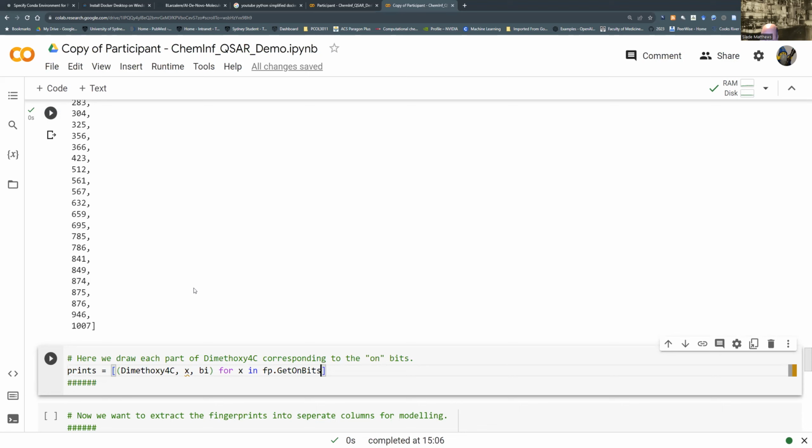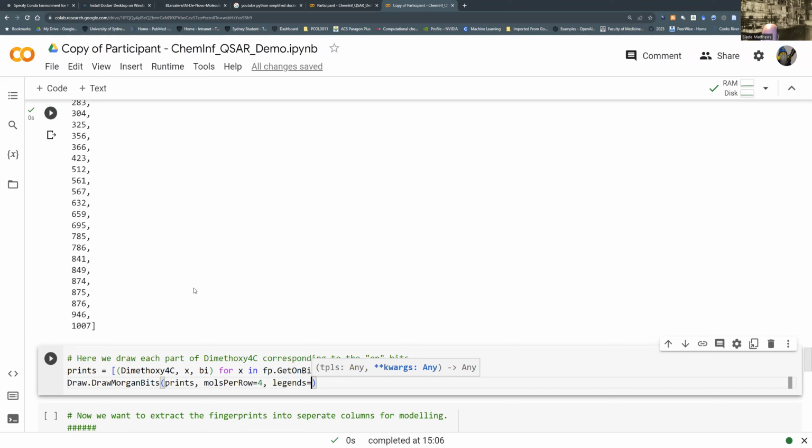There it is there, GetOnBits, open close parentheses. And then the next line is DrawMorganBits, open round bracket, prints, comma, molsPerRow equals 4, comma space,